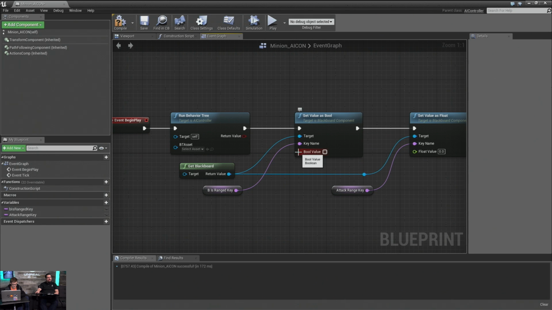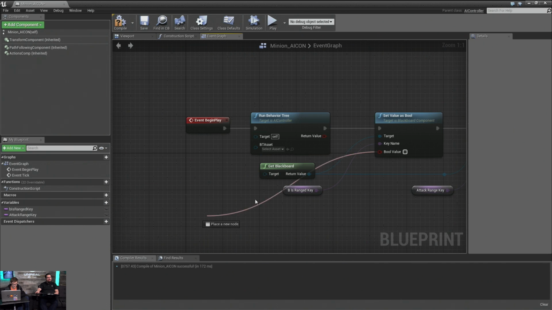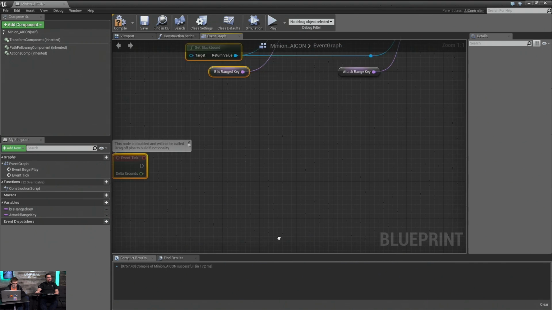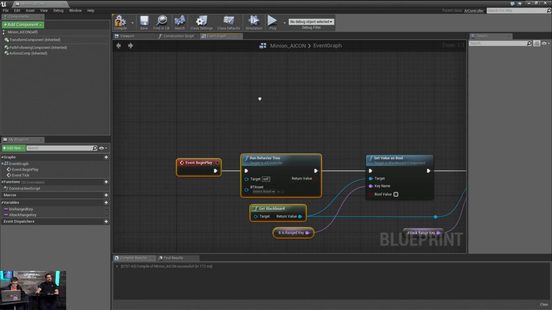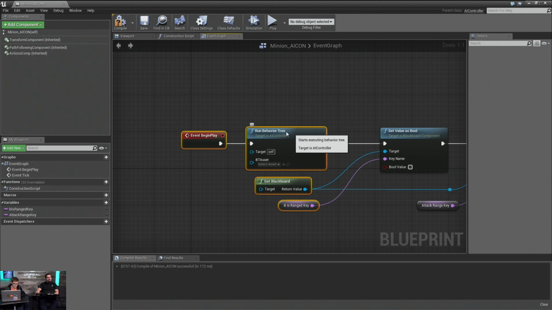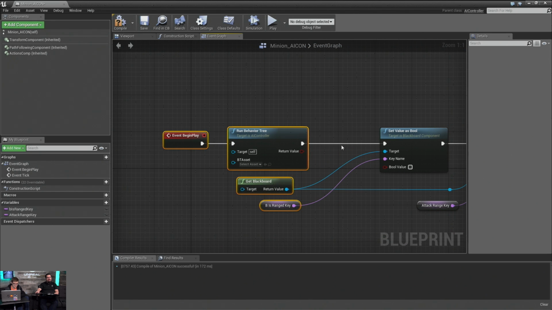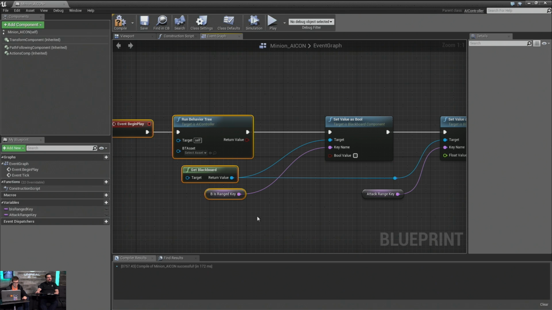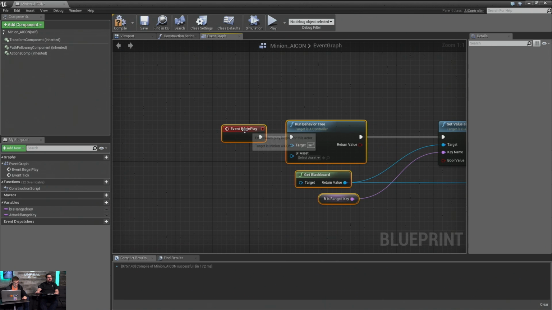And we'll need to actually hook up some variables here. So we need to get this from somewhere. I figured this would just be on the minion. Instead of having it stored on the AI controller, having two different AI controllers, we'll just store this information on the minion.